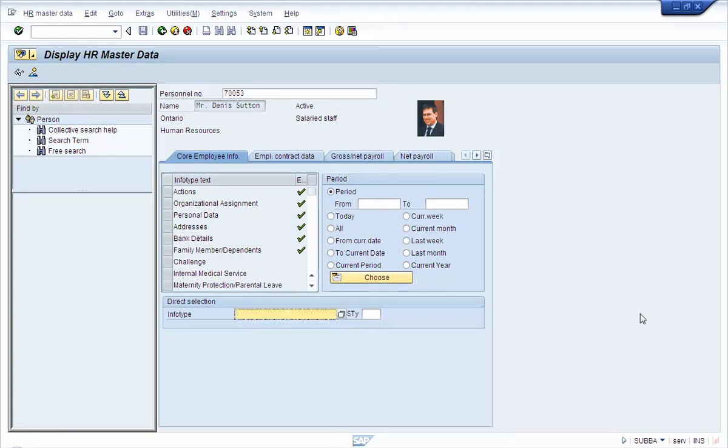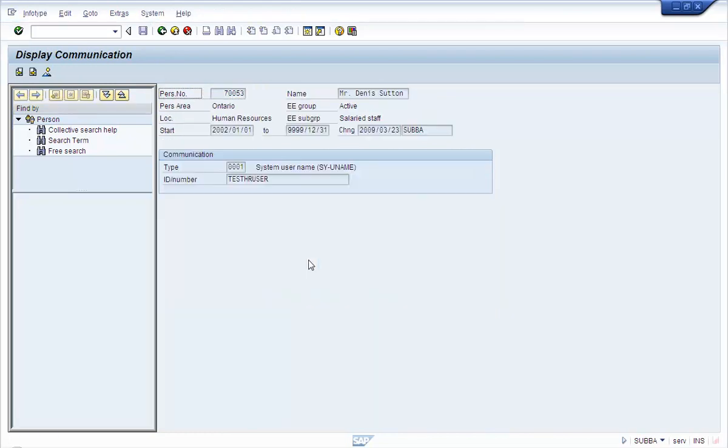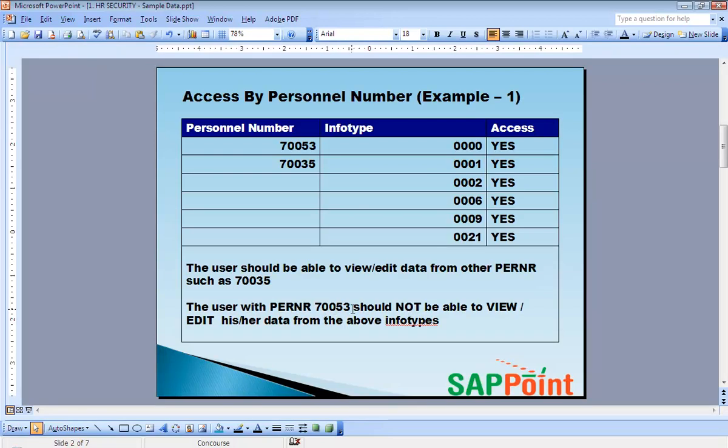And ensure that the user ID is associated with this partner in info type 105. So let's display. We are going to use this user ID, testhr user, for this example.